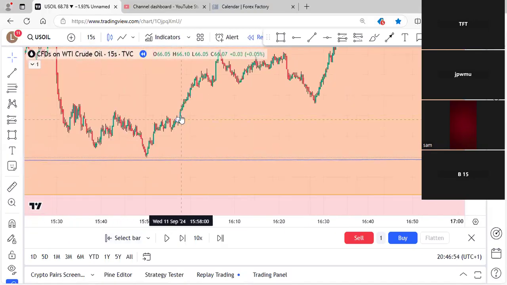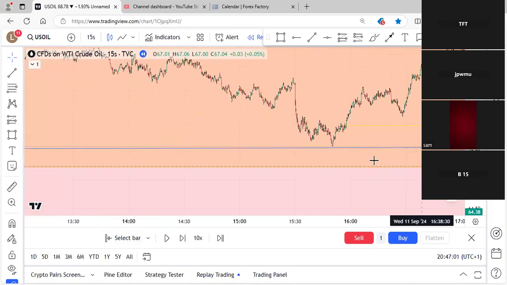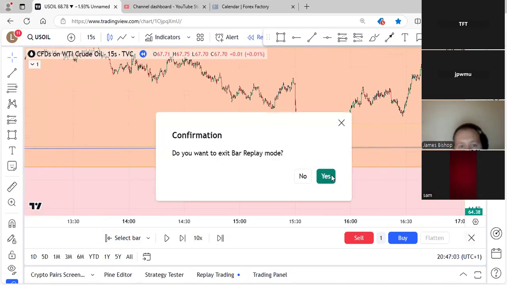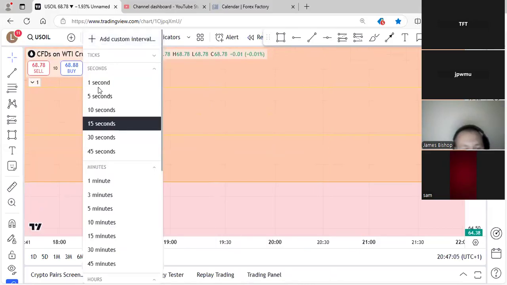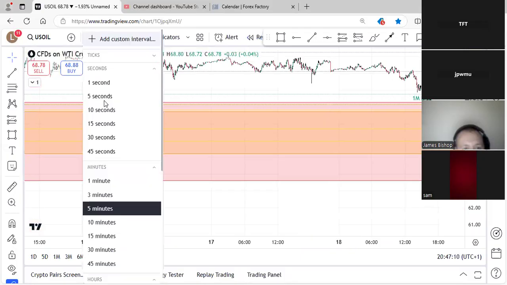But there is a nice little candle there. Not the best, but we mark them, and if we get what we want, I'll take the trade. Like I said, I think it's played out. So that's oil anyway. Structure wise, it's